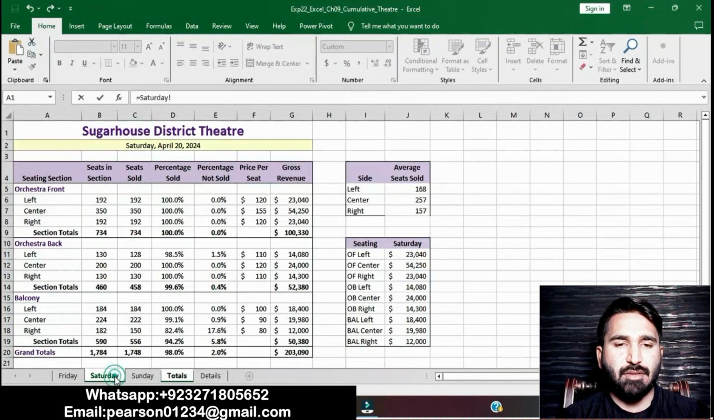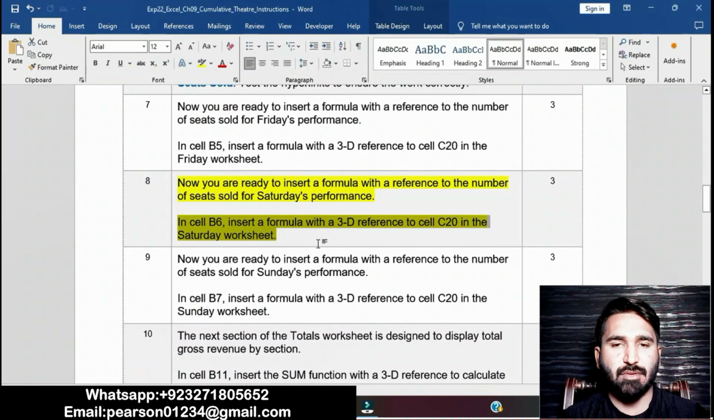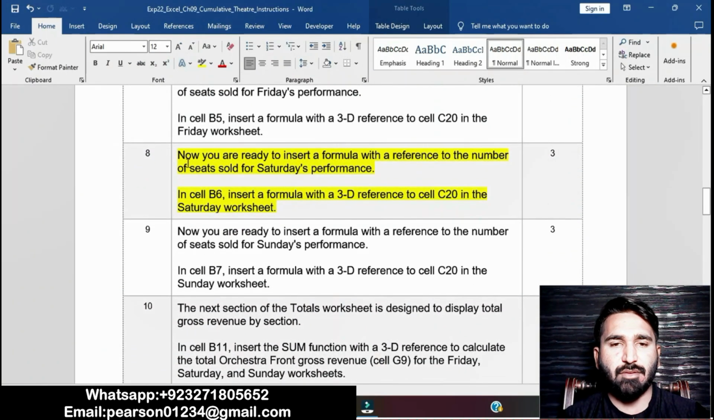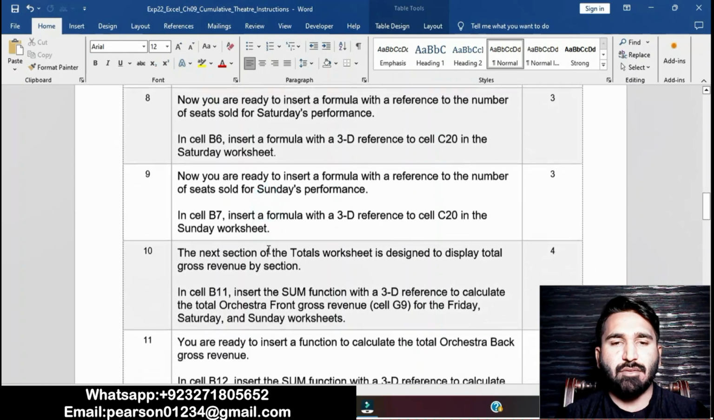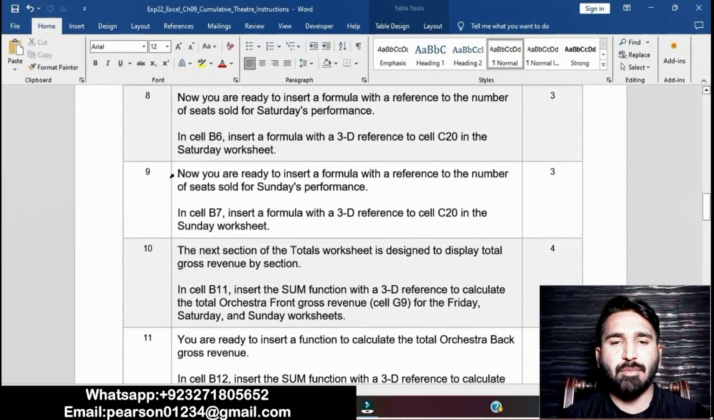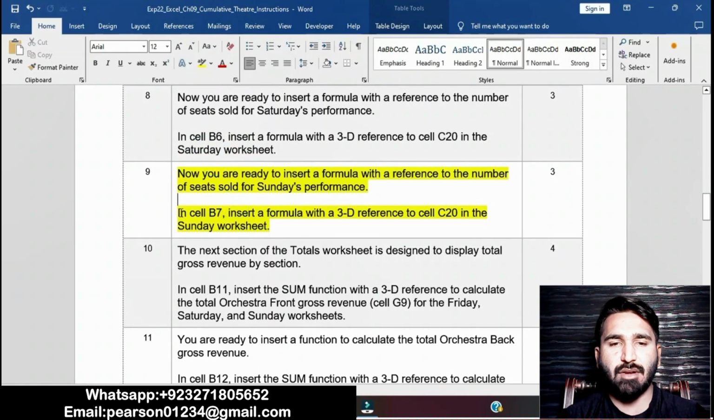then click on Saturday worksheet, then C20, then it will show the value. I have done 8 steps of this assignment. Now moving on to question number 9. Question number 9 is that in cell B7 insert a formula with 3D references to the cell C20 in the Sunday worksheet. Basically in this step we will have to enter a formula in cell B7 with a 3D reference